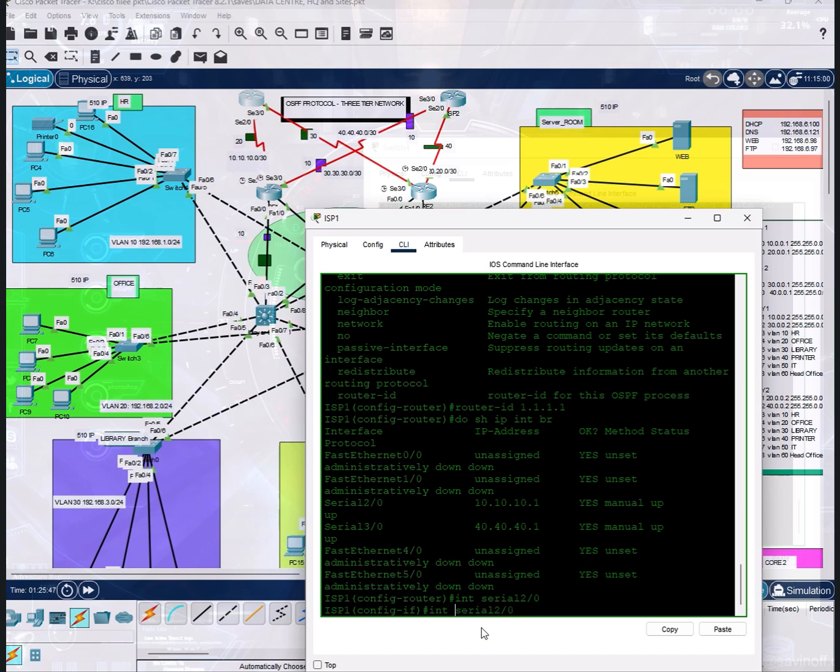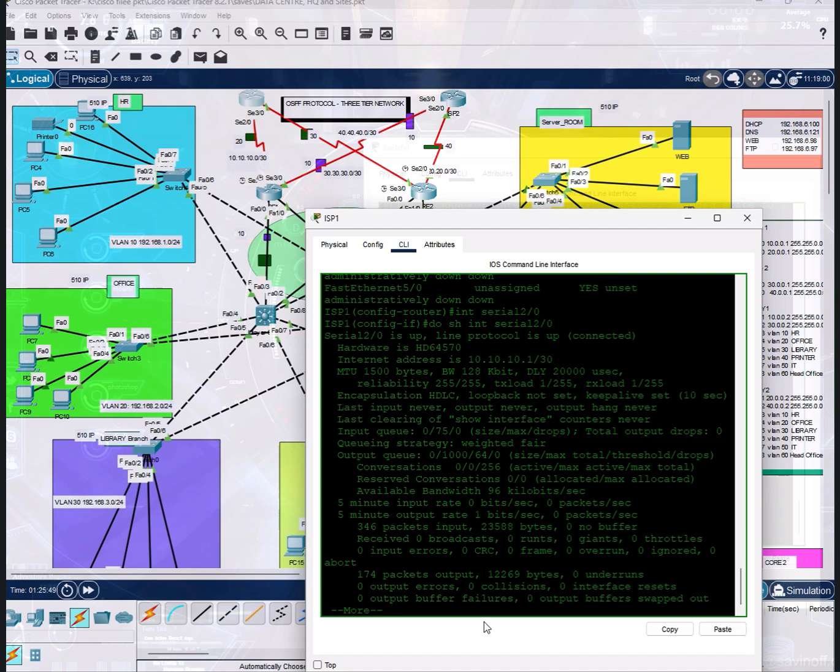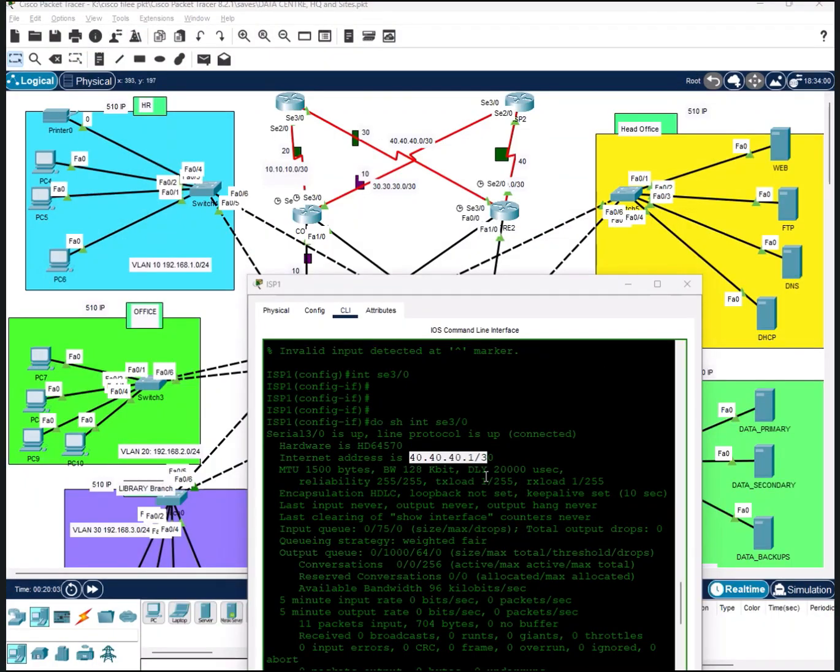Okay, I wanted to actually say do show interface serial. As you can see, we have used this subnet, 10.10.10.1/30. This allows only 2 usable IP addresses. The same thing applies on this interface as well, and the other interface too. So if you pay attention to this /30, this tells us that this network belongs to